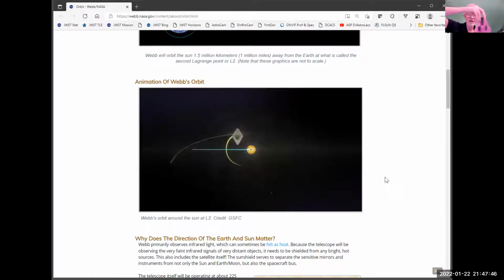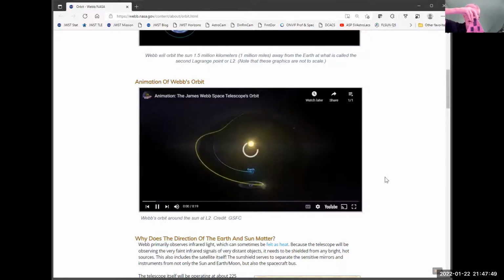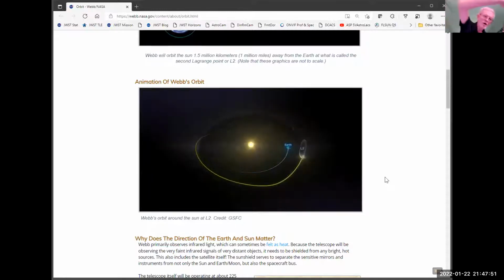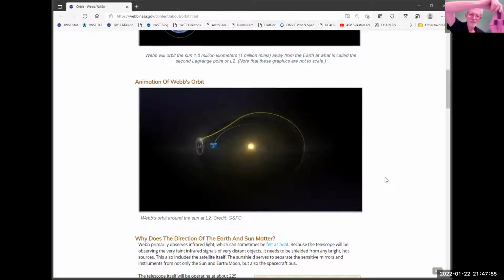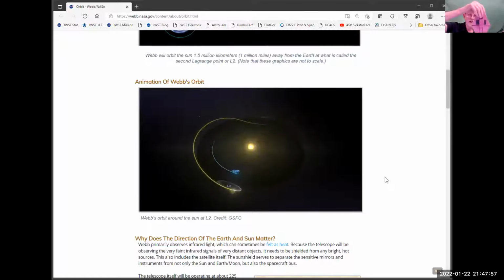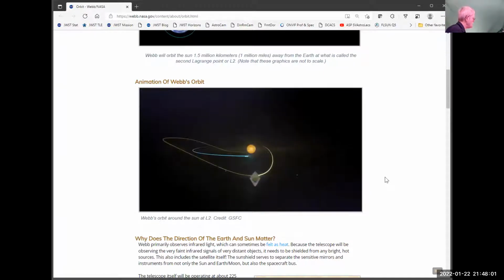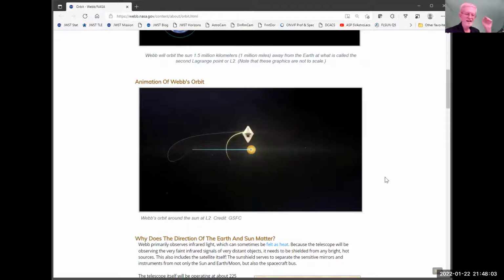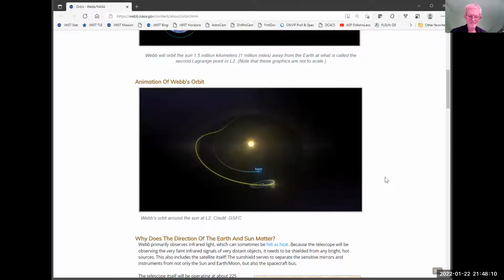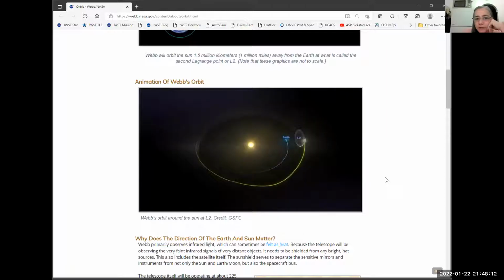But the L2 is in synchronous with the Earth orbiting around the sun. So it will go around like this, as well as being able to rotate this way. So there definitely are areas where it will not be able to ever see, but there are other areas that it can see, but only during certain times of the year. So for this rotation, it uses just the